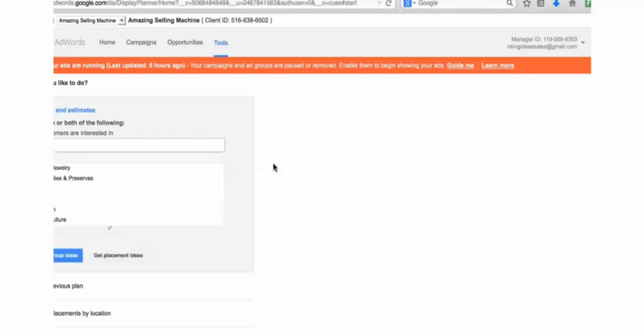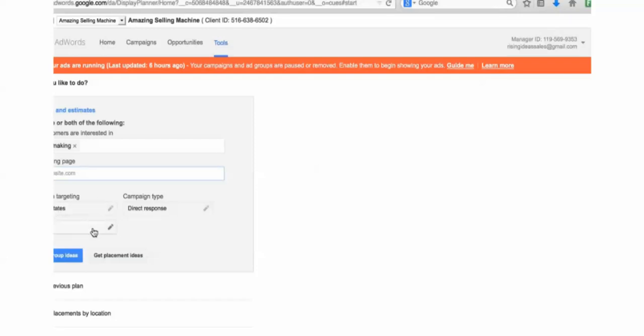There we go. They have a category right there, gems and jewelry, or jewelry making you can plug in as well. We can even pull that out if we just wanted it to be jewelry making. Cool, that turns into a tag. You can even throw in your landing page if you like. You don't have to. And then say, where do you want it targeted, what language, and just leave this